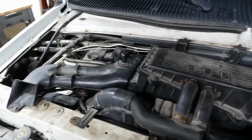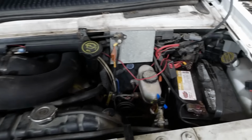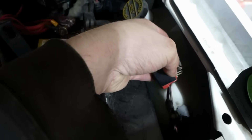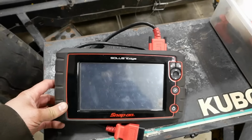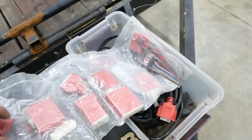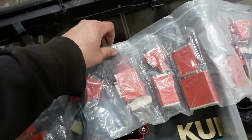So that's the issue. It runs rough and then it gets worse as it warms up. Being a '94, this is OBD1. So there's our diagnostic connector right there. The only scan tool I have that really works with OBD1 is the old Snap-on Solus. We have to have some adapters. So we need this Ford,